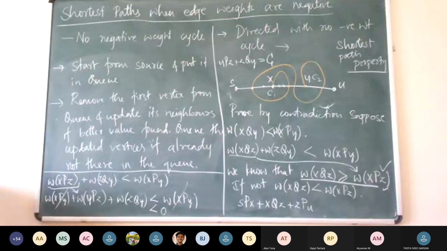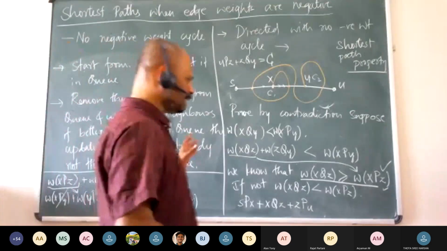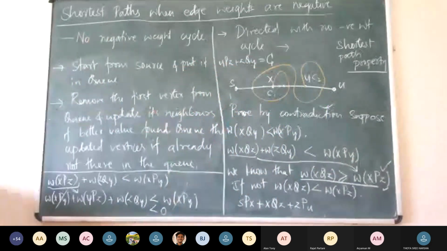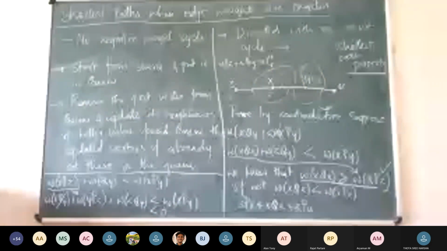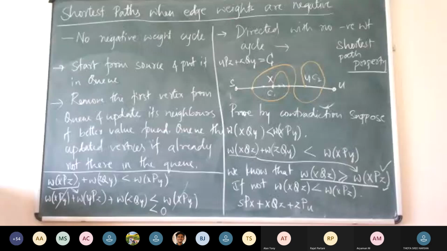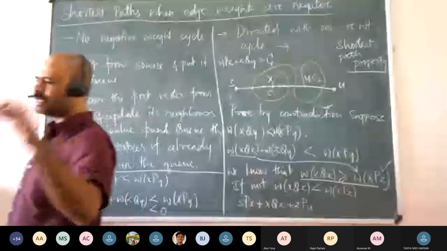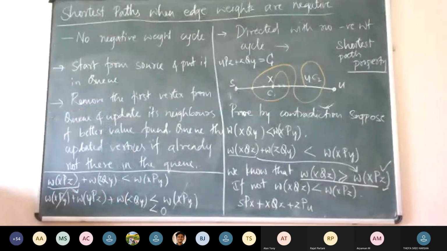We are not saying that the closest one, or all the vertices, will have their weight set. What we are saying is, in each iteration there will be at least one vertex which will have its distance correctly set. That's all. There will be one vertex. For Dijkstra's, when the weights were positive, we proved something extra: that it is that particular vertex which is closest to the source. We could pinpoint that vertex. Here we are not pinpointing that vertex. That's why we need to keep on doing it.